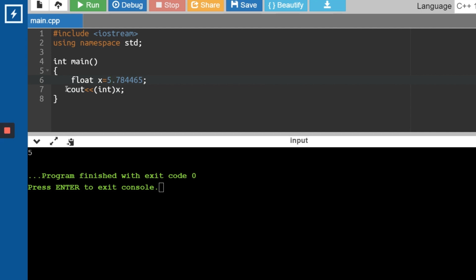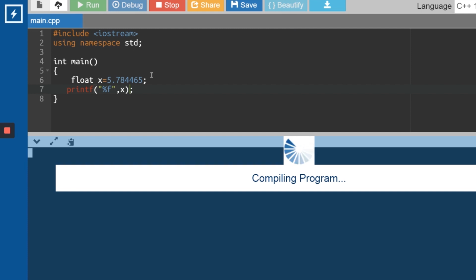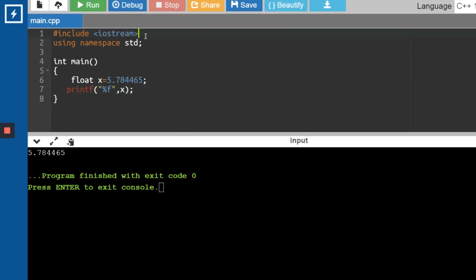So how do you do this in printf statements now? Let me take a printf statement just to tell you what the difference is. What is the format specifier for float? It is %f, correct? After this, I'll have to give comma x. I'll have to tell the compiler which x I'm printing, right? So I'll try to print x over here. Now it will not work. Why will it not work? Okay, it has worked over here. We have taken the header file, right? So it works over here.